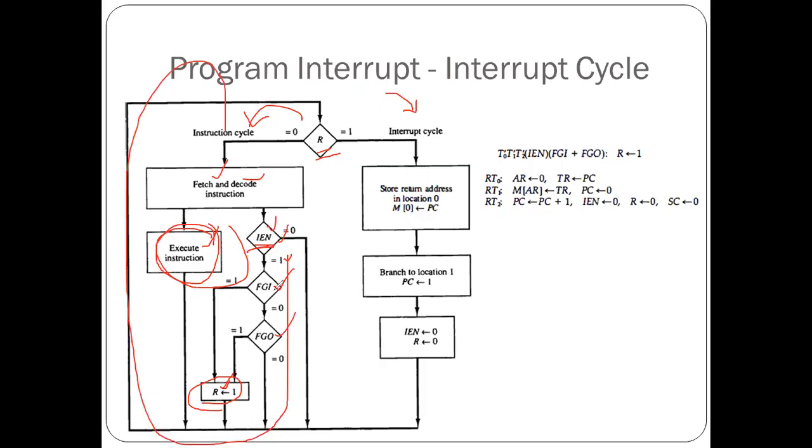If either FGI or FGO, if any one of these is 1, while IEN is equal to 1,